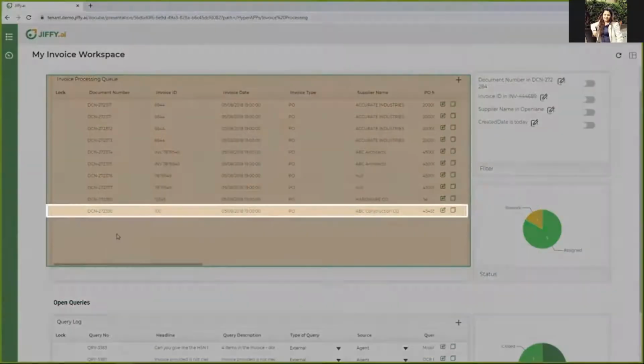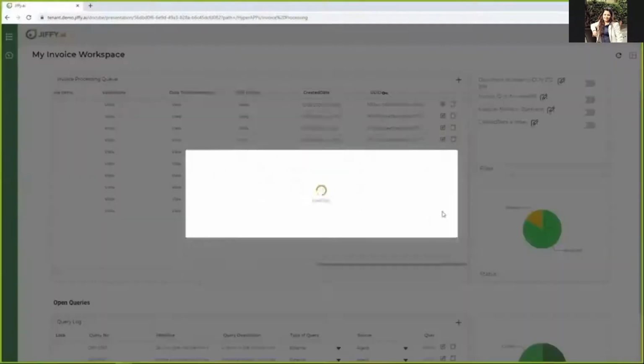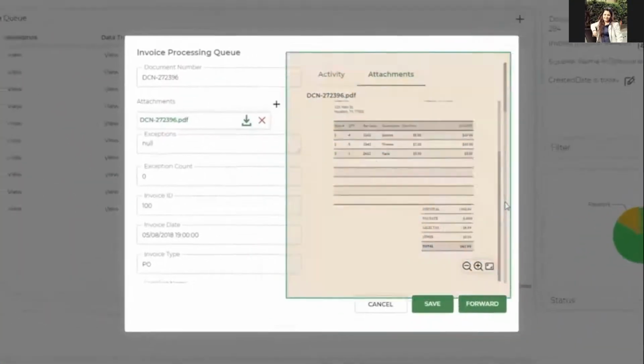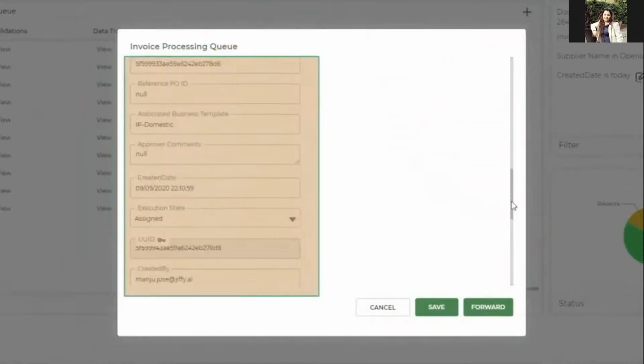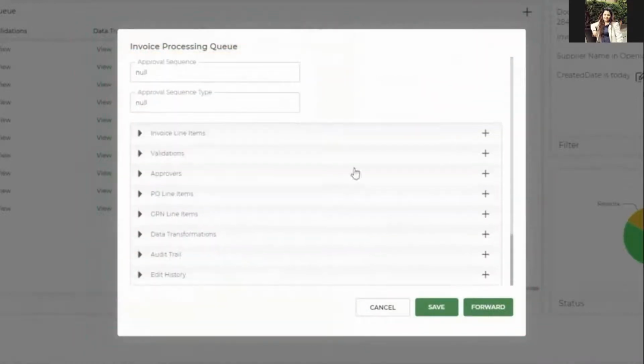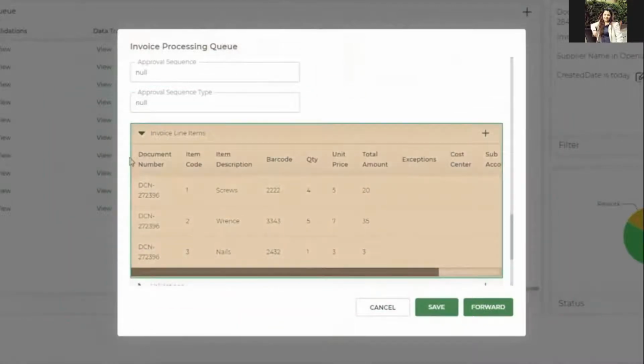I can see here on the dashboard that I have an invoice that needs to be reviewed. I can easily see the image of the invoice as well as all the fields that were extracted. As I scroll down, I can even review all individual line items in a table. This makes it really easy for me as an analyst because I don't need to be familiar with every possible layout of an invoice. The data is always presented to me the same way, which makes it easier for me